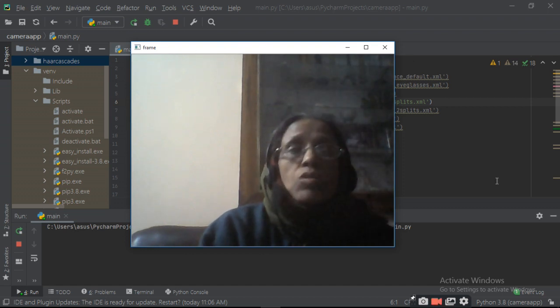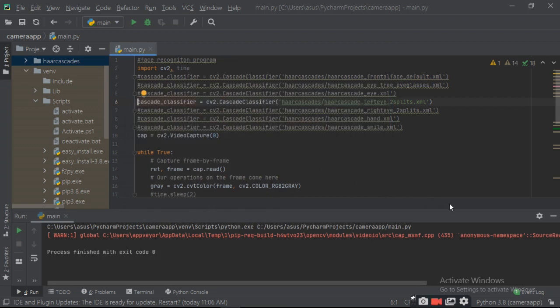Small portions it is not recognizing, so leave it and check the classifier and check the things. In the previous run it was recognizing, so try this smile one again and find out.